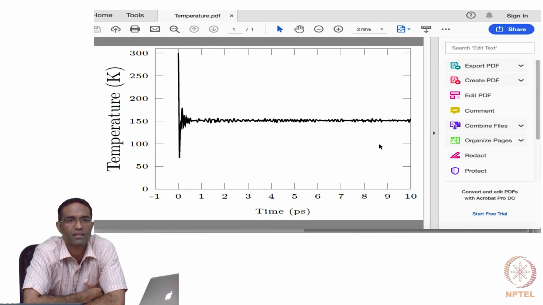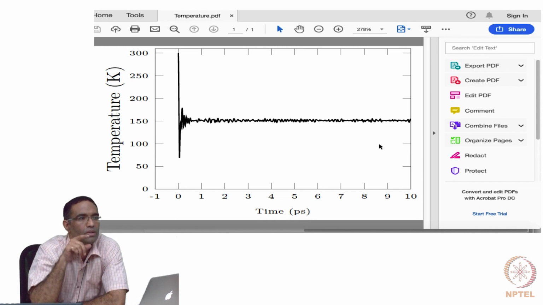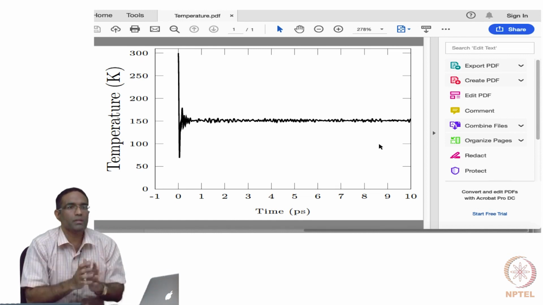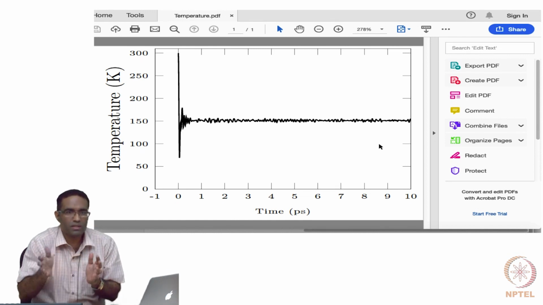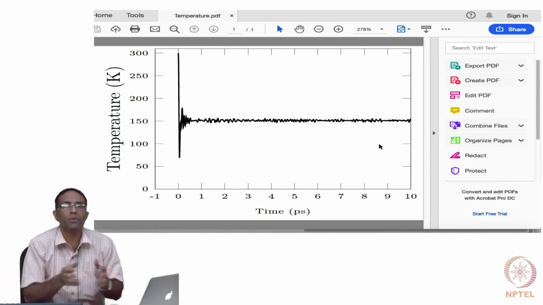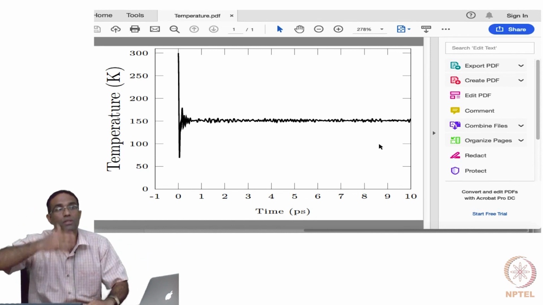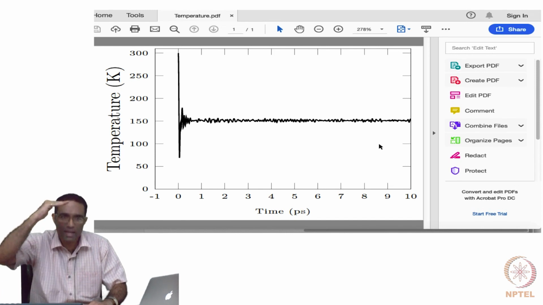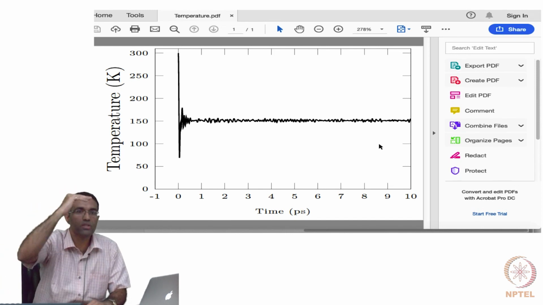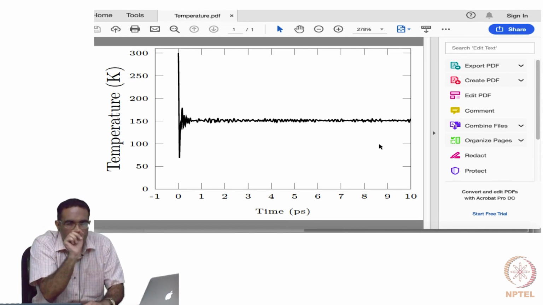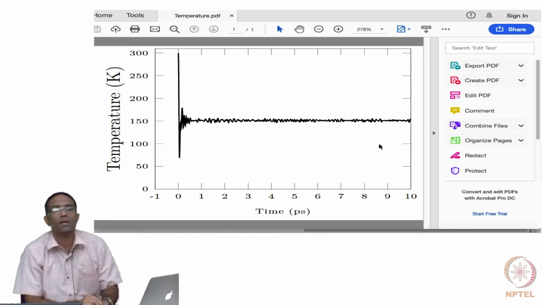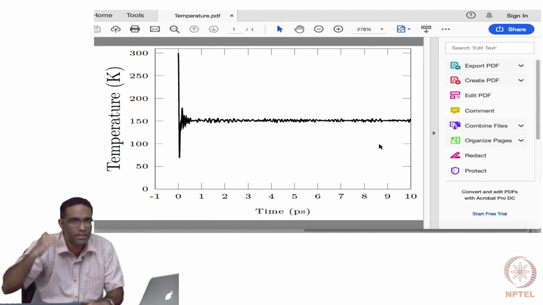Correct. Initially, we initialized only the kinetic energy part of the system, right? You didn't do anything to the potential energy part of the system. So when all the energy that was given to it was kinetic energy, as the system evolves, the energy is distributed between the kinetic energy part and the potential energy part. Consequently, the equilibrium temperature it reaches is less than the temperature at which you set. Because this is almost harmonic, the equilibrium temperature happens to be T set divided by 2.